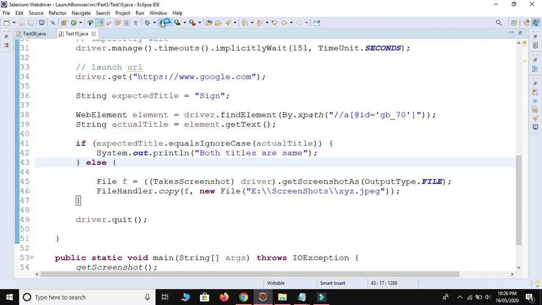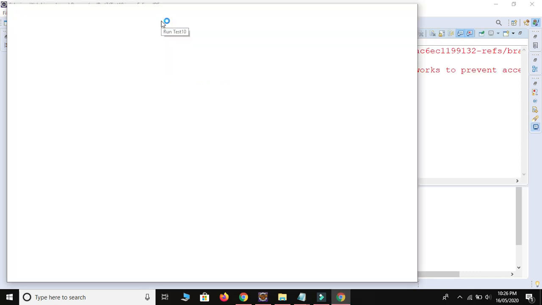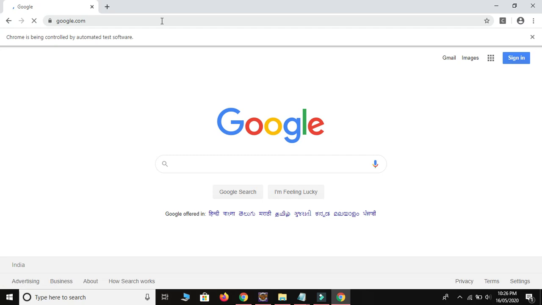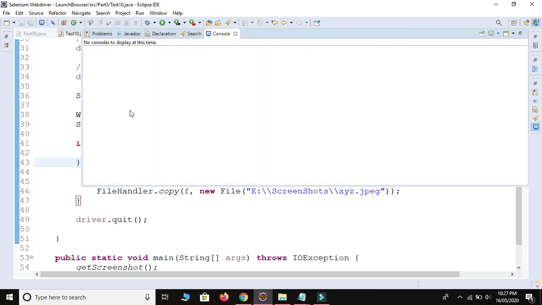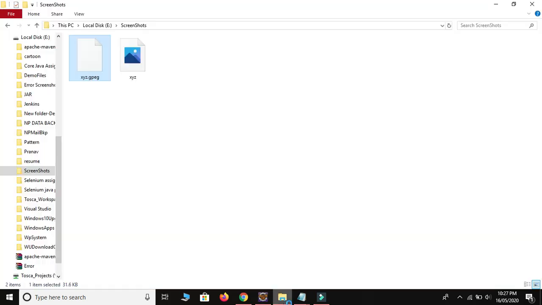So it will take the screenshot of type jpeg. Just wait for the execution. It will take the screenshot and close the browser. Browser is closed, it means screenshot is captured. We got the screenshot with the name xyz.